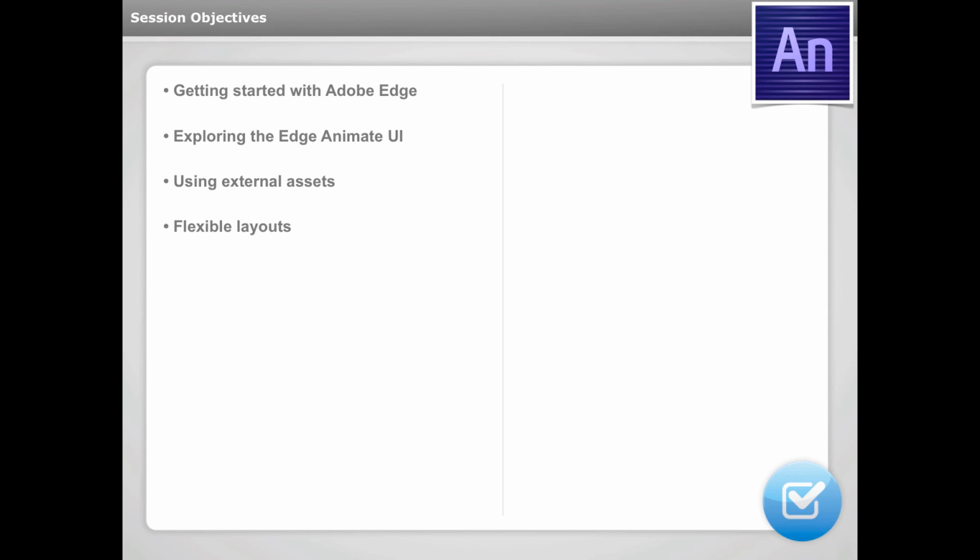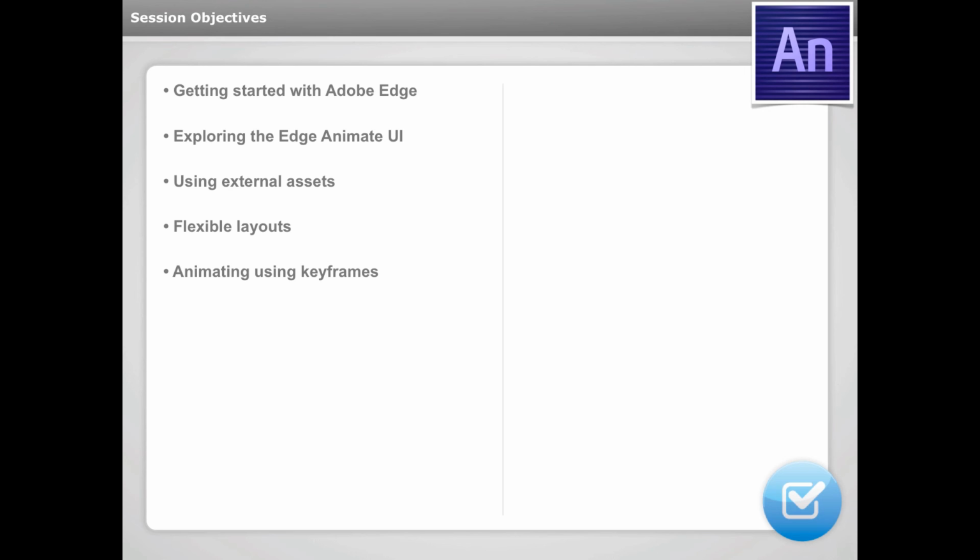Whenever you can have things change, whenever it rotates, you can have things change on different widths and heights. And they use something called flexible layouts. And then you can get into more detailed coding if you wanted to, but we'll just talk about flexible layouts for now. We'll talk about a little bit of animation, because whenever you're creating learning interactions, you are going to